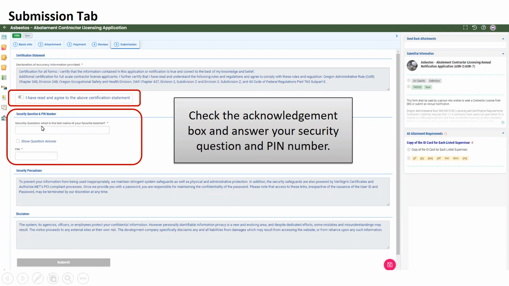The security question and PIN that you set up when you registered your account will be entered here. Somebody asked me why they had to fill out 5 questions, and it actually comes into play when you get to the submission tab. You'll have to respond to one of those questions with the answer that you provided, so make sure you remember what they were.